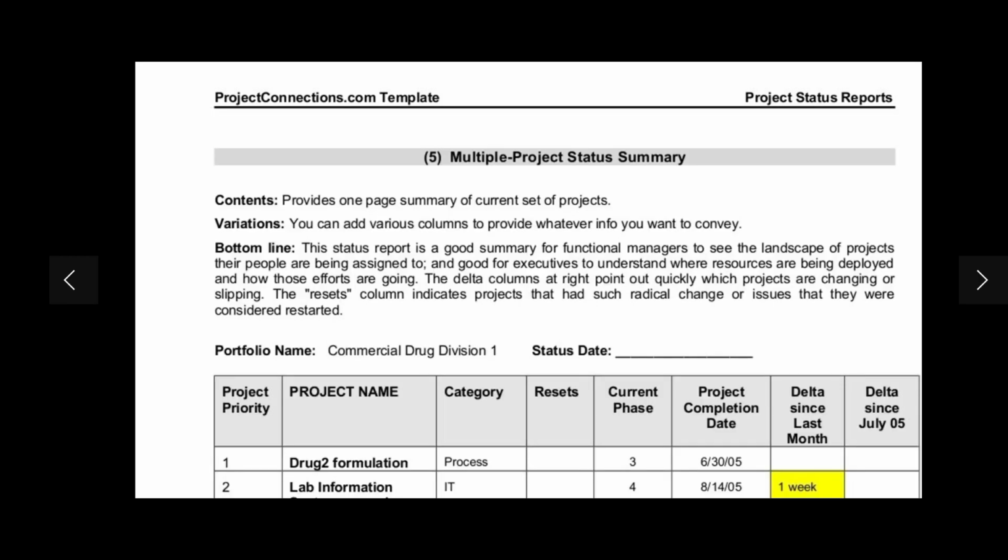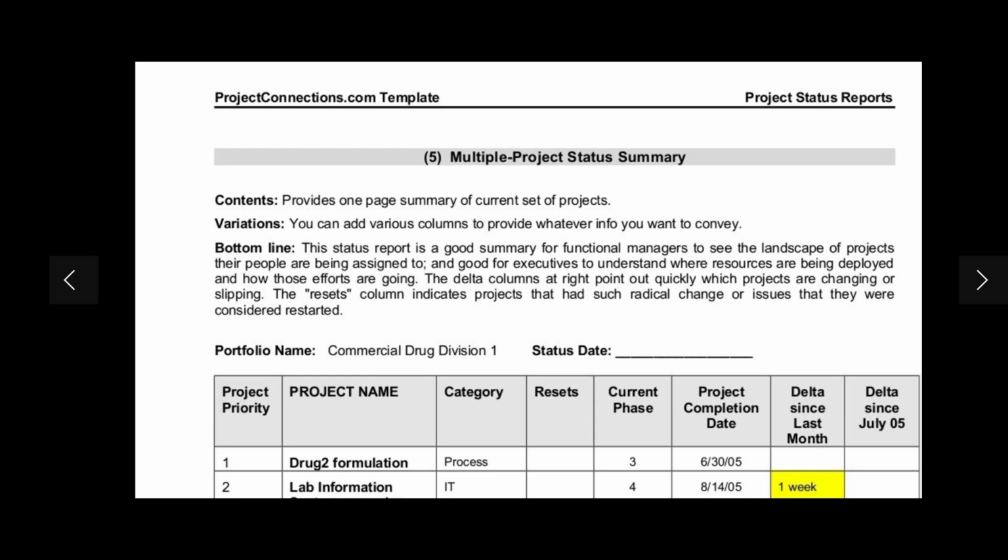And the fifth one is multiple project status summary. Contents provide a one-page summary of the current set of projects. Variations. You can add various columns to provide whatever info you want to convey.